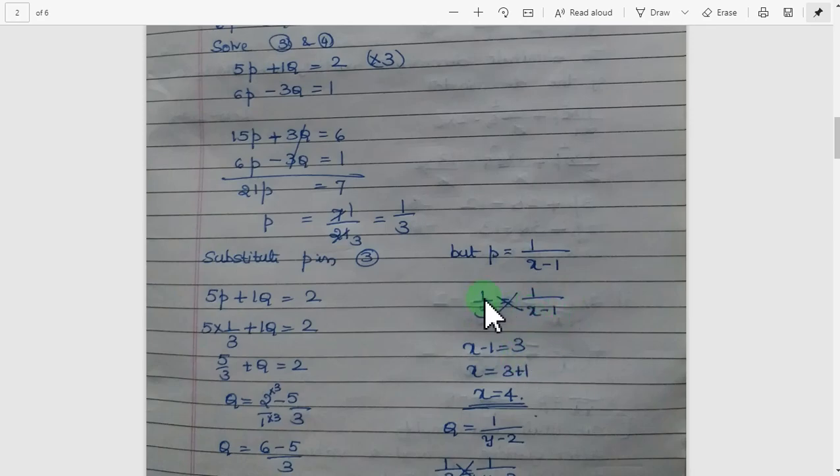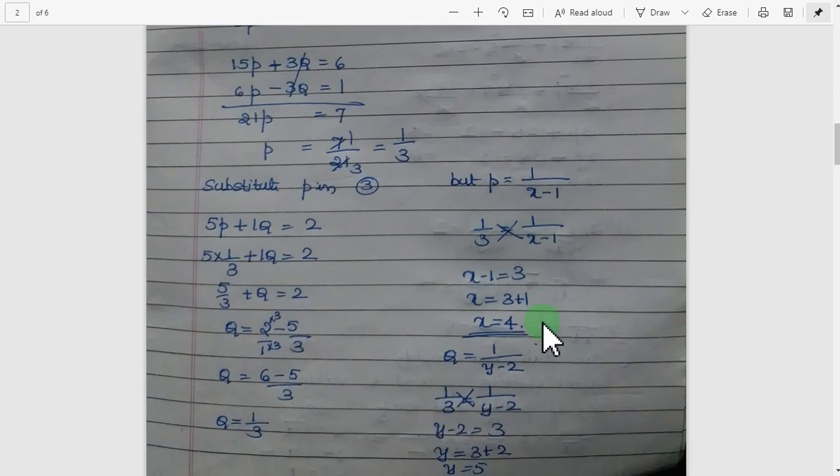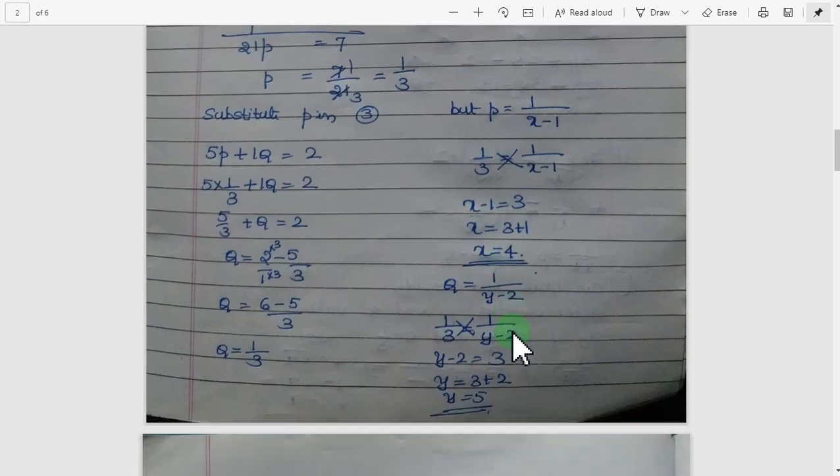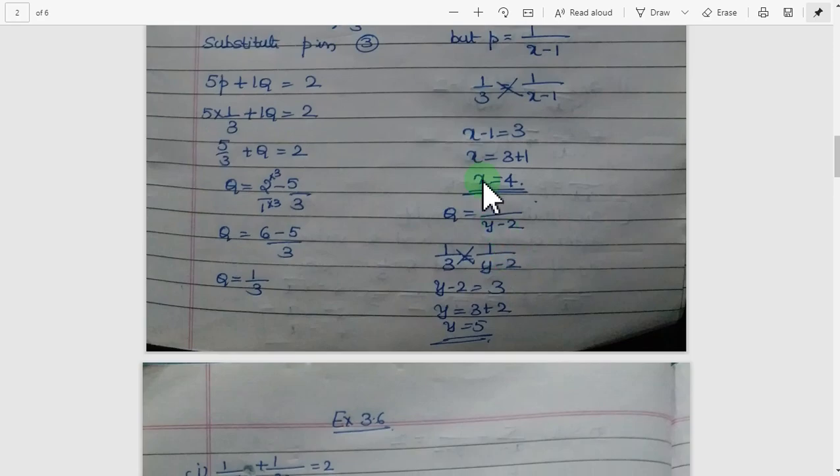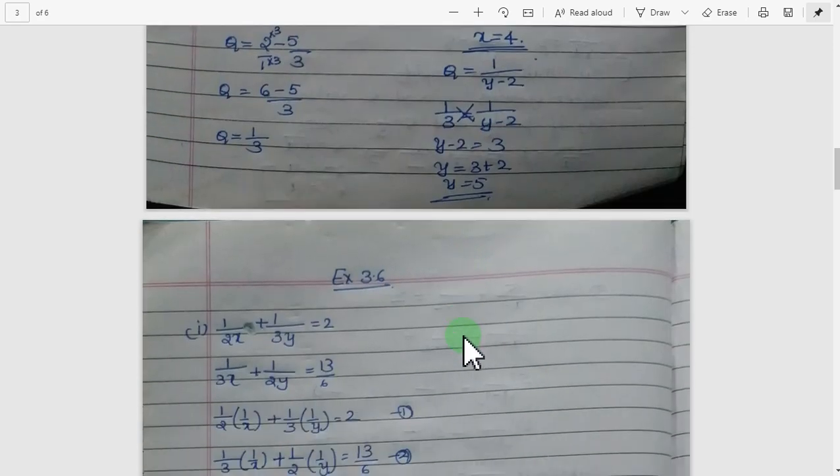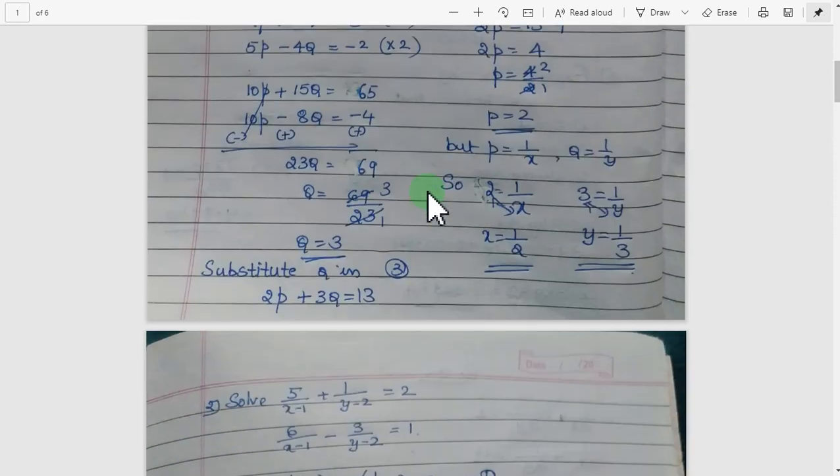So when you take this 2 here, multiplying. If it is a number, you have to multiply, don't write x minus 1. If it is 2, multiply 2 to both the terms, so it becomes 2x minus 2. Then take minus 2 to the other side, x value is 4. In the same way q is also found like this. x value is 4, y value is 5. Now these two are example sums.